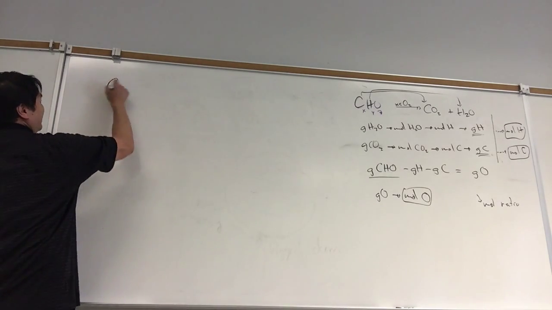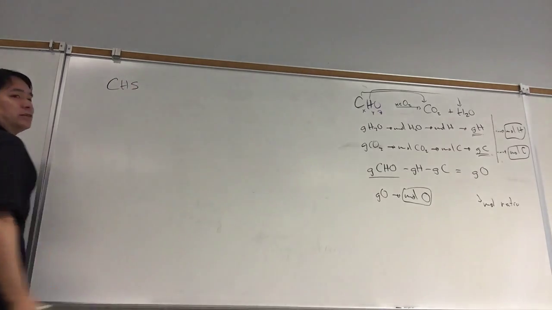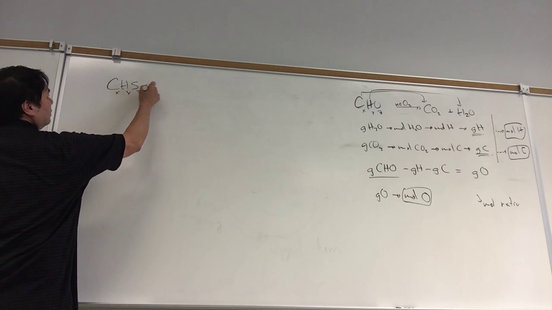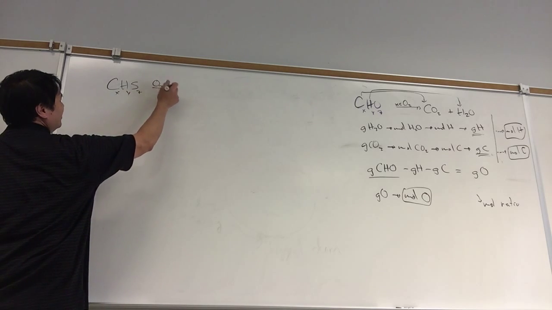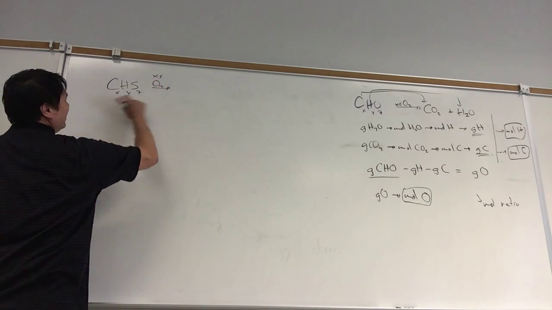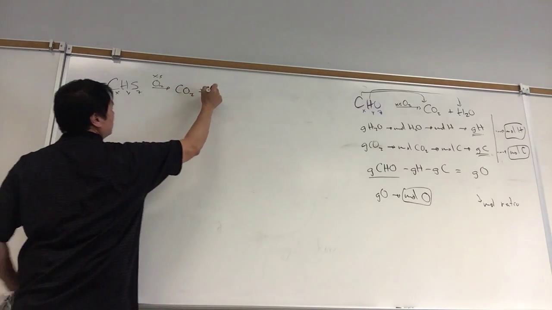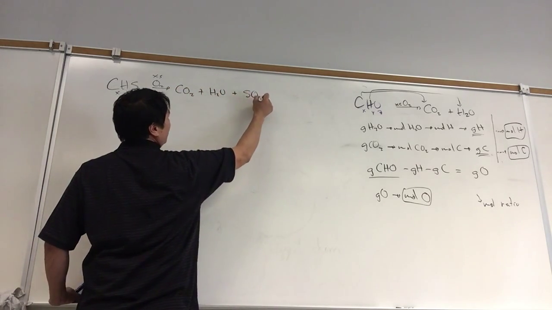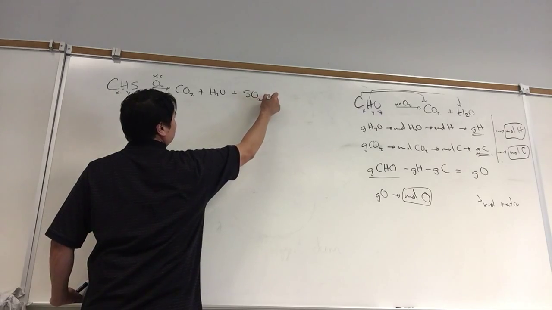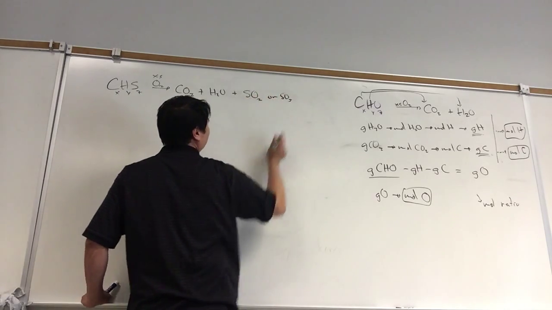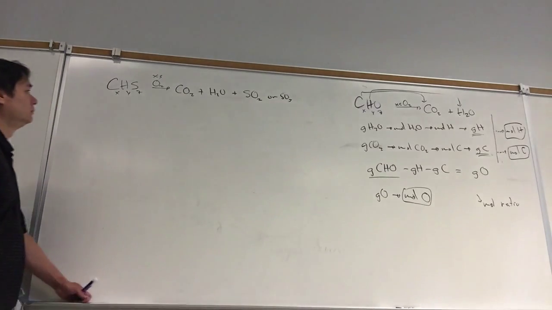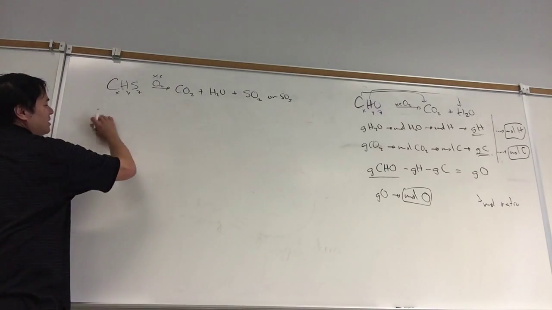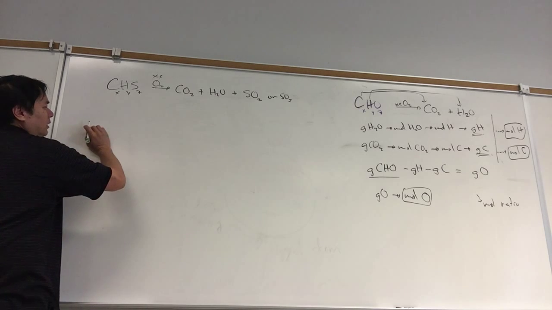If we have a CHS, sulfur instead of oxygen, then it's very similar. We burn this in excess O2, and we're going to generate CO2 plus H2O plus an oxide of sulfur, probably sulfur dioxide or sulfur trioxide, depending on the conditions. And so if we trap these three, then